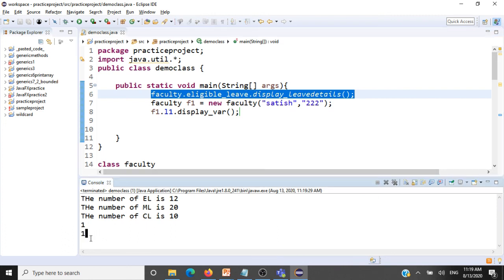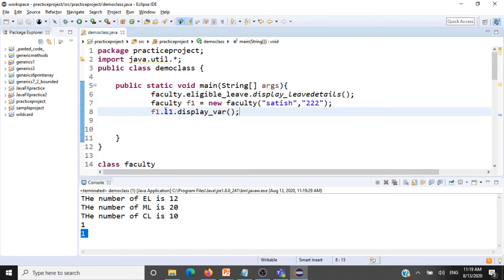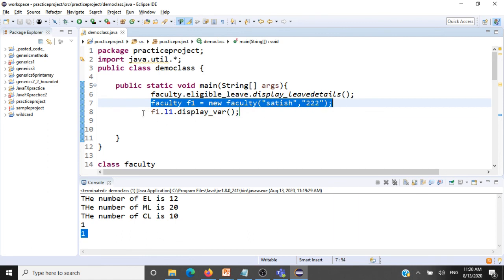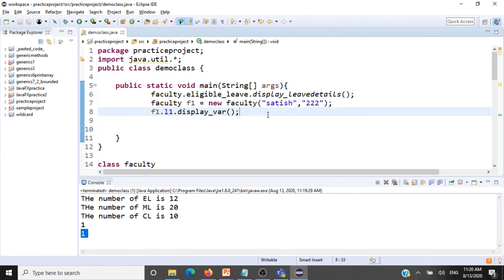Whereas when you talk about this display variable function, it is a non-static method. So we need an object of the eligible leave class, and to access the object of the eligible leave class, we need an object of the faculty class, which we have created here, and we are accessing it and printing the data here. So you should understand that a static nested class can have both static methods and non-static methods. A static nested class can never access non-static data members of the outer class.